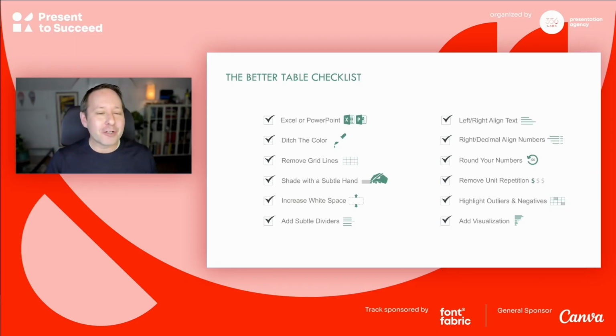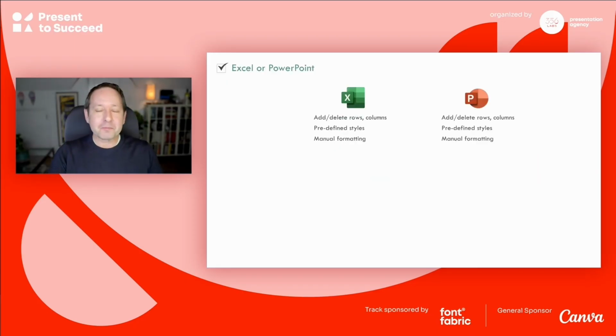So the first thing is, when you're in PowerPoint, what kind of table are you going to use? There are two types. There's a PowerPoint table, and that's what traditionally most people use and you're familiar with. That's where, like, if you insert a table from scratch in PowerPoint, that's a PowerPoint table. But you can also bring in an Excel table. And then what's the difference between the two of these? Because this might be weird for some of you.